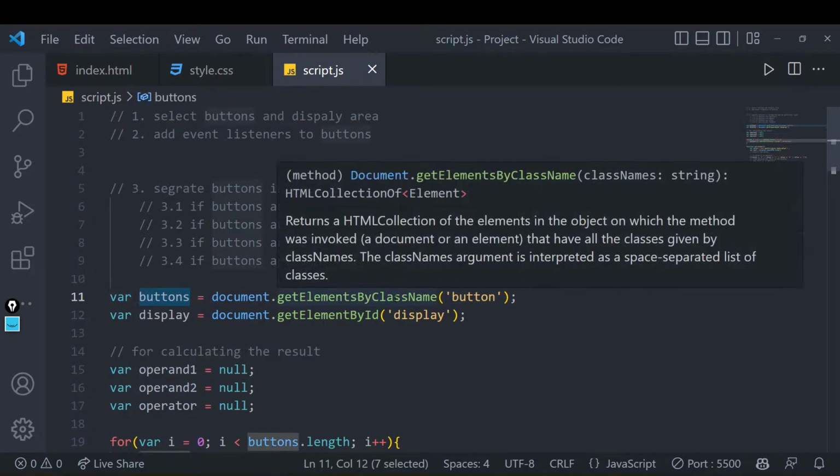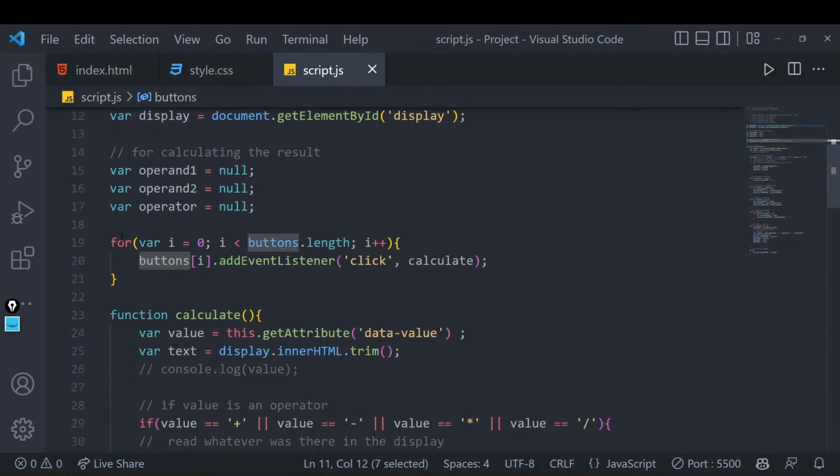Now you know there is not only one button, we have plenty of buttons. So we are running a loop from the zeroth button till the last button, and at each button we are running an event listener, saying that as soon as we click on that button, please run this particular function. What is that function? This function is the soul of our calculator. It will do every calculation for you. I hope at this point everyone is clear.